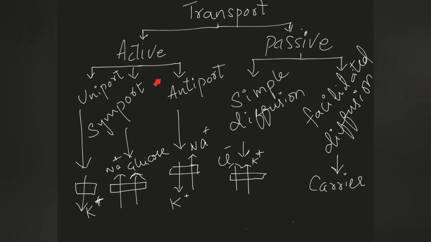And coming to the active transport, basically this active transport is of two types: primary active transport and secondary active transport. This active transport mechanism is also called an uphill mechanism. It requires a large amount of energy to pass the components through the membrane, because they have to pass from a lower concentration to a higher concentration.